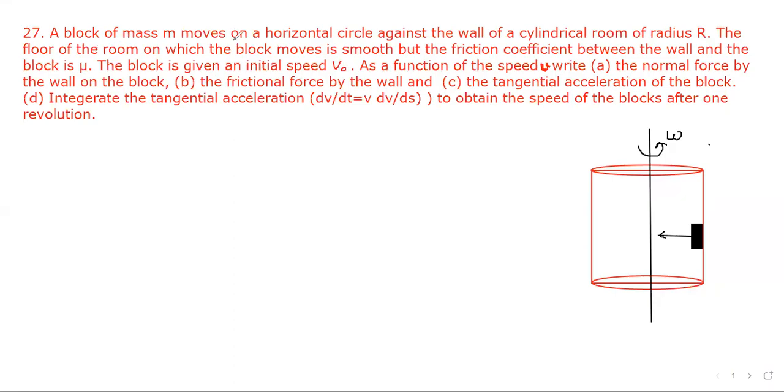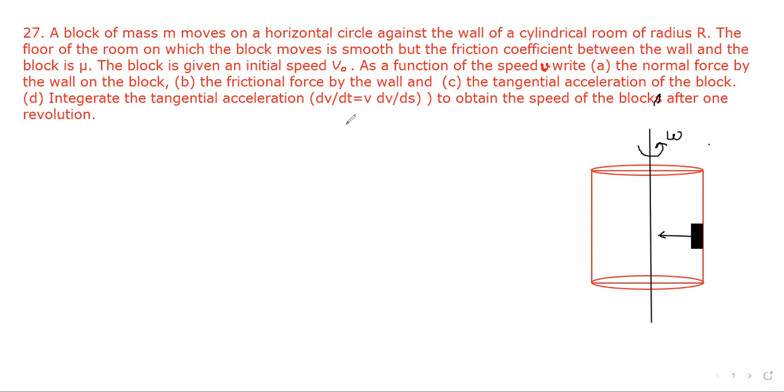A block of mass m moves on a horizontal circle against the wall of a cylindrical room of radius r. The floor of the room on which the block moves is smooth, but the friction coefficient between the wall and the block is mu. The block is given an initial speed v0. Write part 1: the normal force by the wall on the block, the frictional force by the wall, the tangential acceleration of the block, and integrate the tangential acceleration dv/dt equal to v times dv/ds to obtain the speed of the block